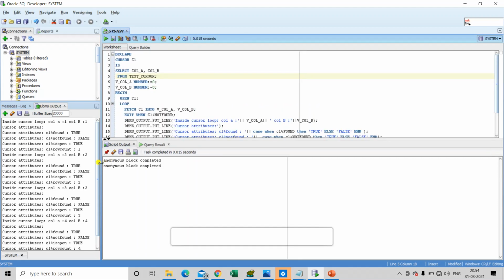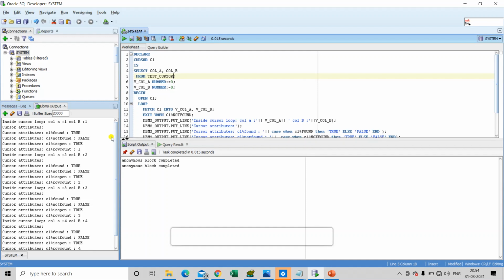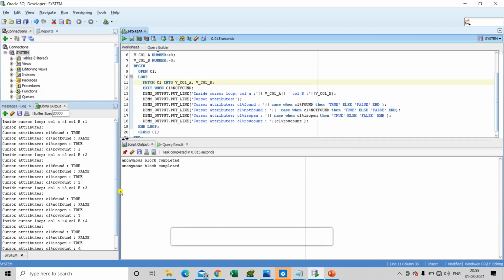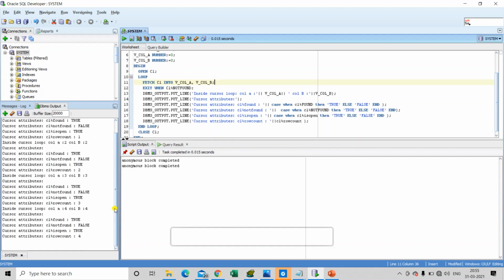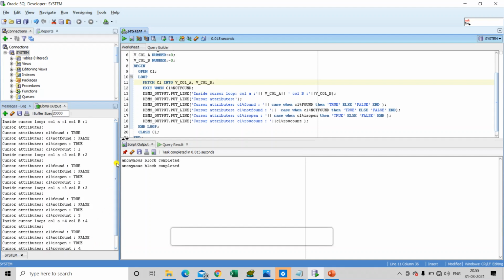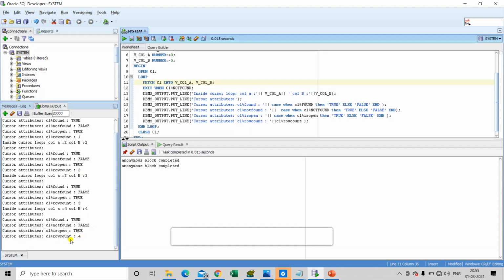Now that we have more than one record, it will show the same values for each iteration except the row count value. For the first iteration it is showing a row count of 1, for the second iteration 2, for the third iteration 3, and for the fourth iteration 4, because row count just adds up all the records that have been fetched till now.